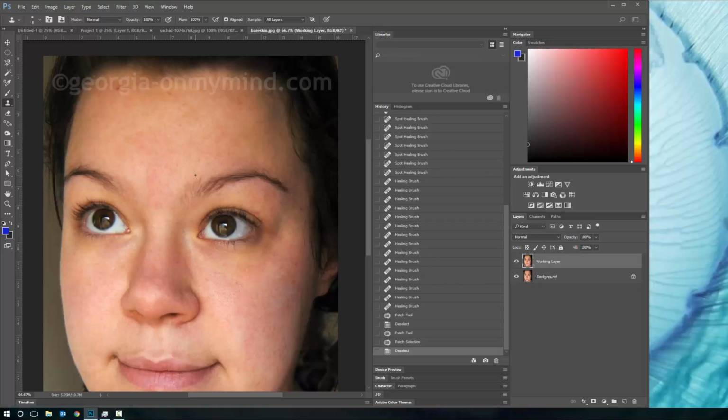Clone stamp. Clone stamp works very, very similarly to the healing brush in that you do get to pick your starting point. The difference between the two is that the healing brush still does some averaging. It does soften the edges quite a bit. The clone stamp, what you see is what you get. So if I wanted to touch up some skin over here,